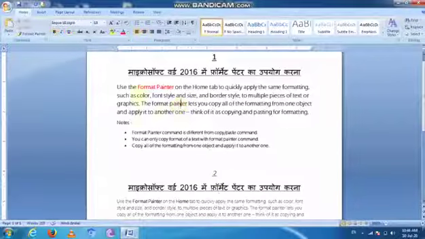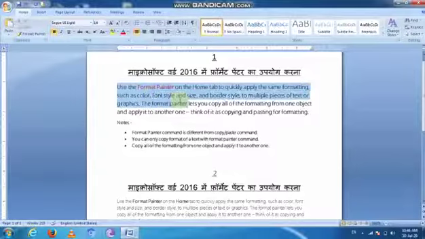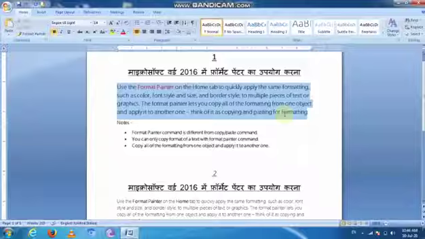Next we select these paragraphs again. See here, again I select these paragraphs and click on the format painter button. The first text format is applied on the second text format.